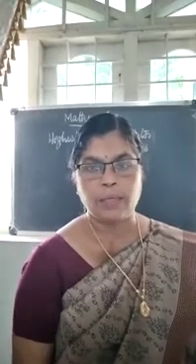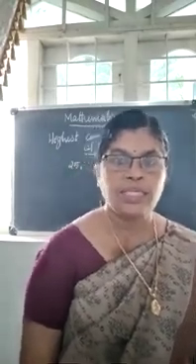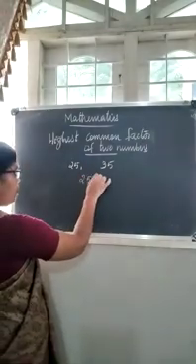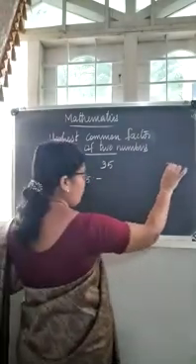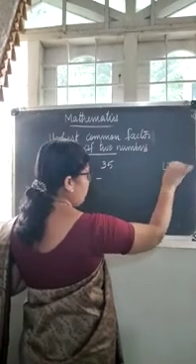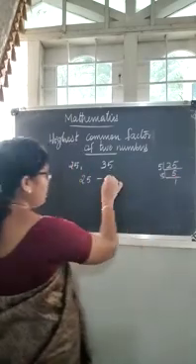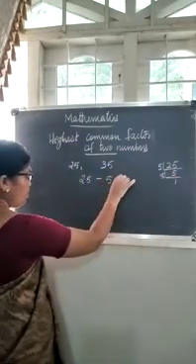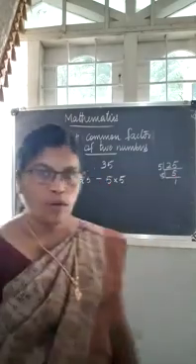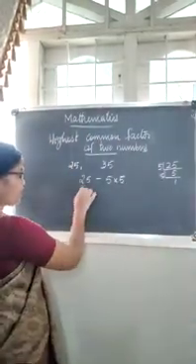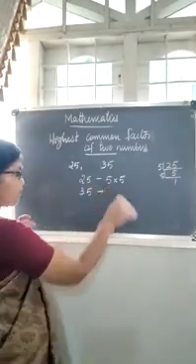How to do the prime factorization we know, isn't it? Let us write the prime factors of 25. What are the prime factors? 25 can be divided by 5. 5 5's are 25. 5, 1. So let us write 5 into 5. Okay. Next we know how to factorize 35 also. Write the prime factors of 35.